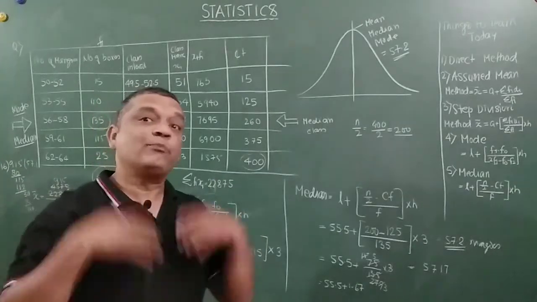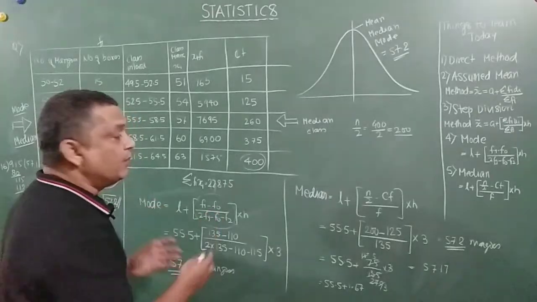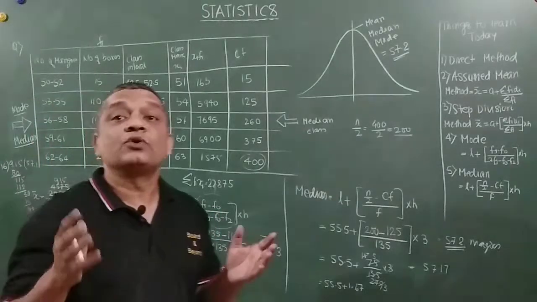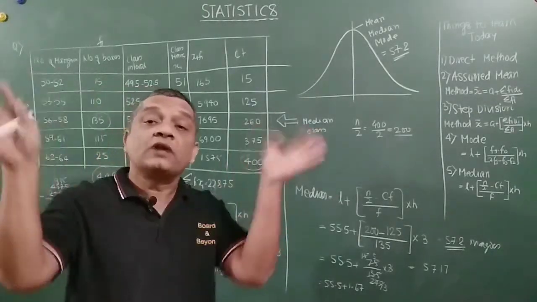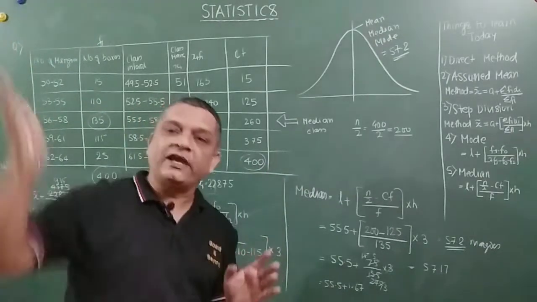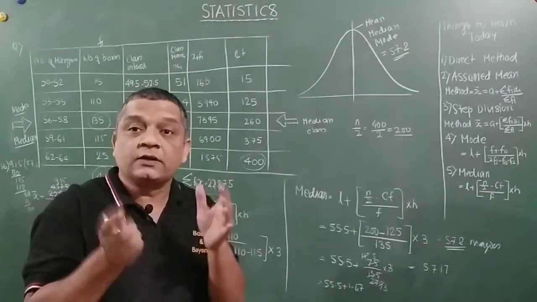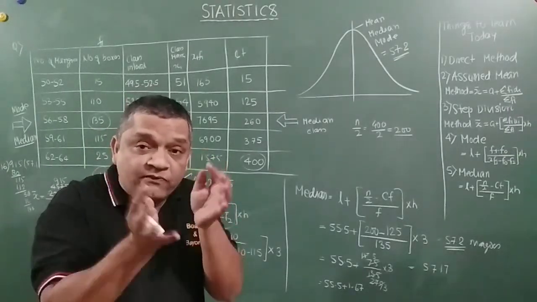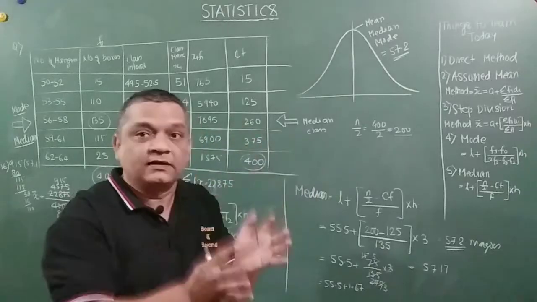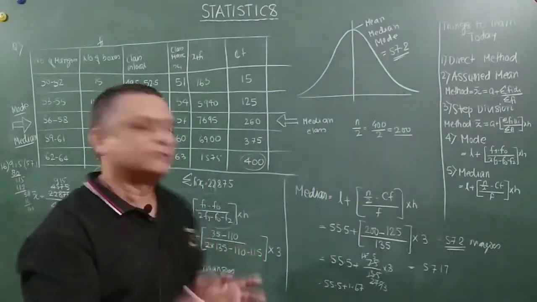Now, talking about the plus point of mode. The plus point of mode is that it gives more realistic data. It is not influenced by the outliers, which come in the end, like a sudden spike. It doesn't get affected by that, because it concentrates wherever the maximum frequency is happening. It concentrates on that, why it is happening, and tries to derive the result from that. That is how it works.